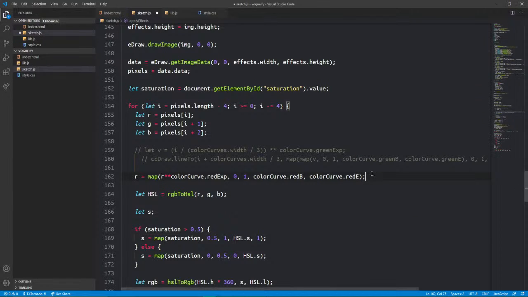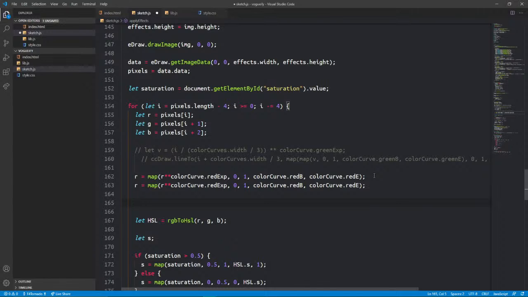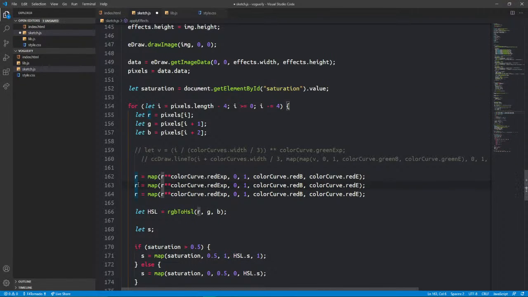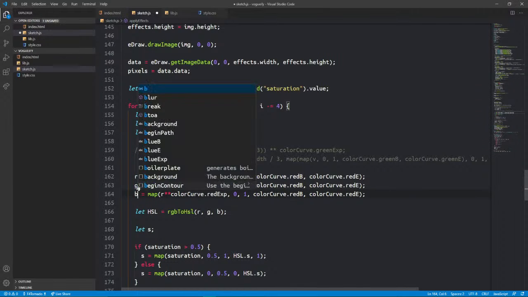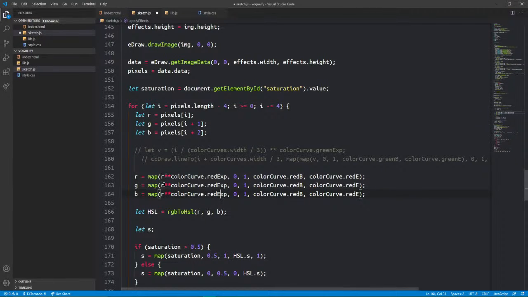And then I just have to copy this for the red, green, and blue. So I'll just paste this, and then I'll do green and blue. Then this should be green and blue. And then